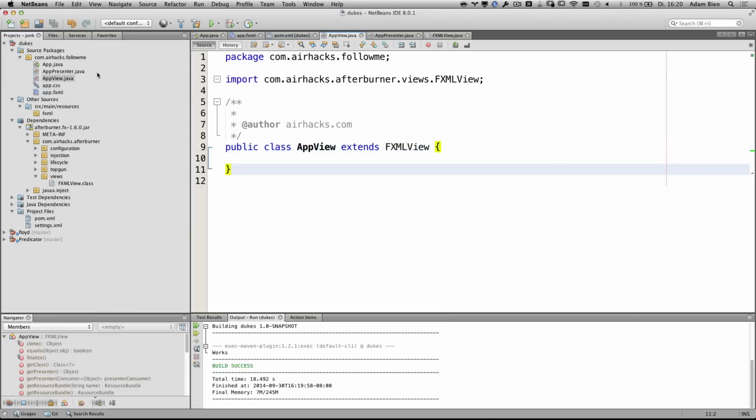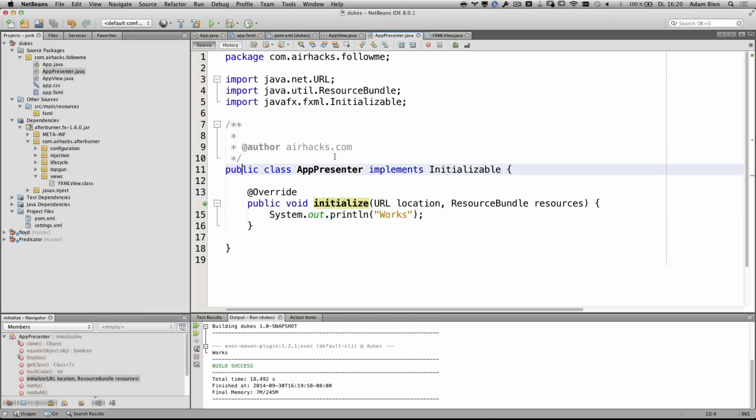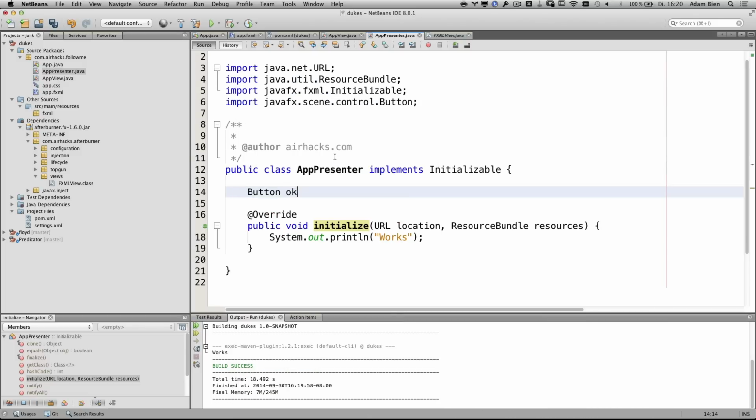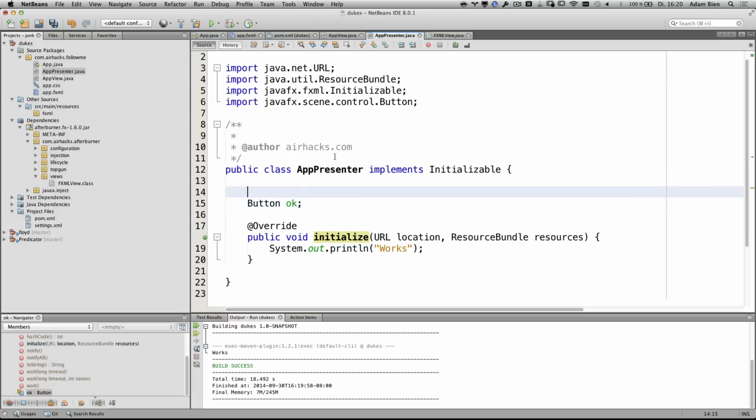What it means is, I'm in the presenter, I can do the following: Button. What's important is the name, OK. Convention over configuration, they have to match. The fxml name and this name have to match. And what IntelliJ does, if they do not match, you get a warning in the IDE, in the refactoring, and with the standard Scene Builder, you get an error if they do not match. So, what we need is @FXML, and now it's injected.